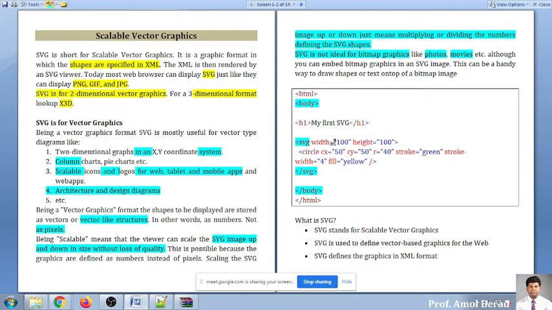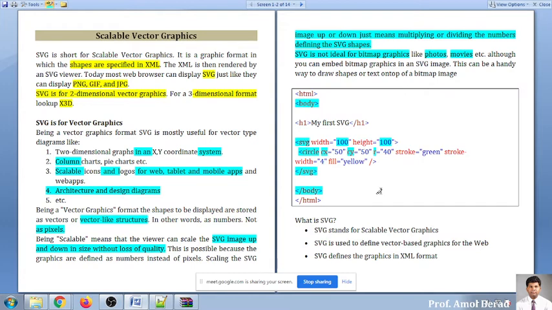We will be setting up the SVG, that is scalable vector graphics. Here the width is 100 and the height is 100. Into this, I want to add something. Just like a canvas, we will be adding something like a circle. So I want to draw a circle, and the circle element is there. Into this, we will give some coordinates and attributes. Cx is the X coordinate, Cy is the Y coordinate, and R is the radius.